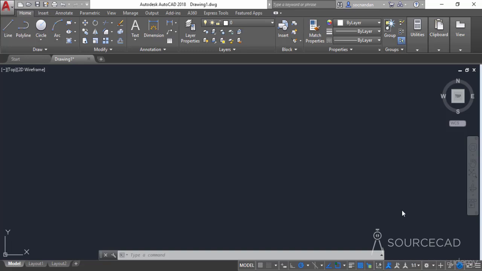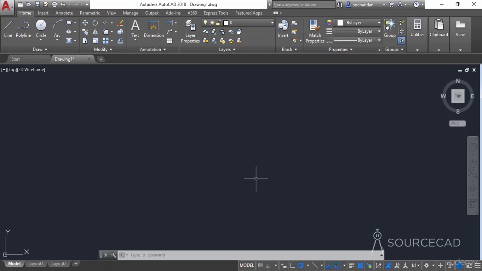In this video, I will tell you about the polygon tool of AutoCAD. A polygon is simply a closed geometry which is made up of a minimum of 3 line segments and a maximum of infinite number of line segments. Technically, a circle is the largest polygon with infinite number of sides, and a triangle is the smallest polygon